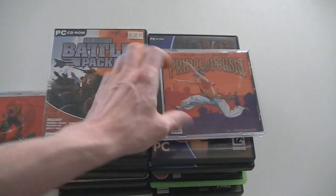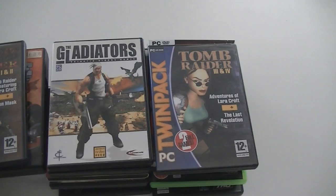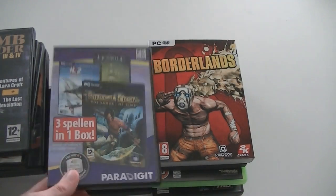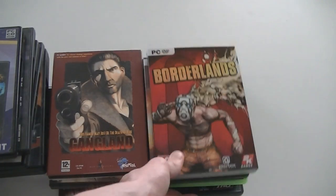Shadow Warrior, Prince of Persia Collector's Edition, Full Throttle, Battle Pack, EA Battle Pack, Tomb Raider 1 and 2, Gladiators, Tomb Raider 3 and 4. This is a 3-in-1 with Prince of Persia Sands of Time and 2 games I don't know. Borderlands,